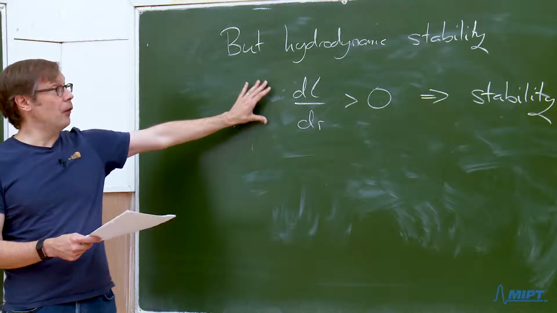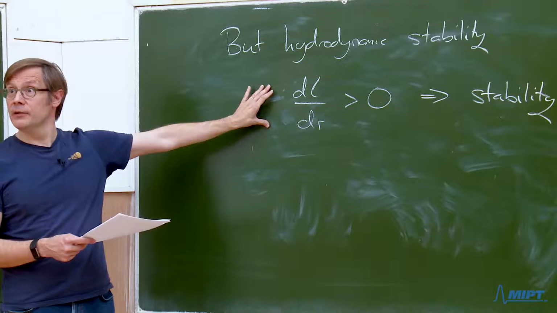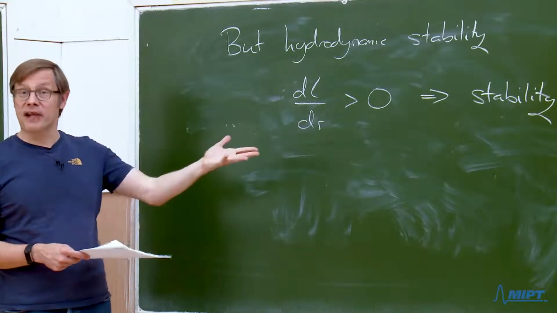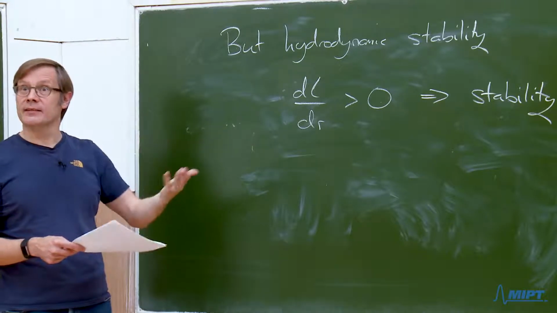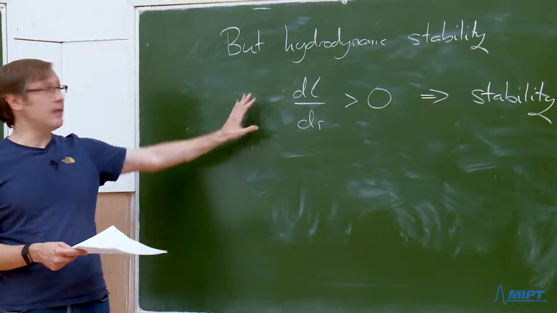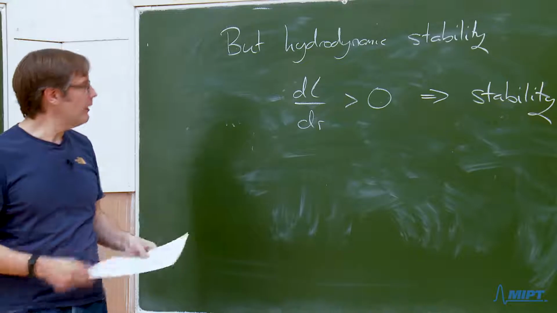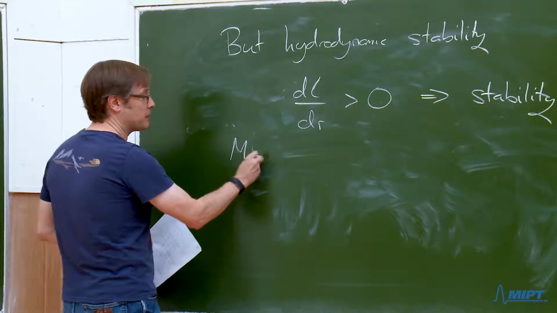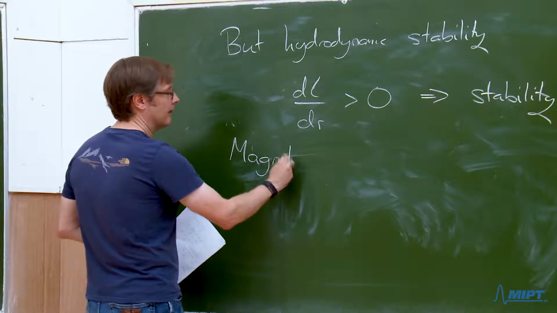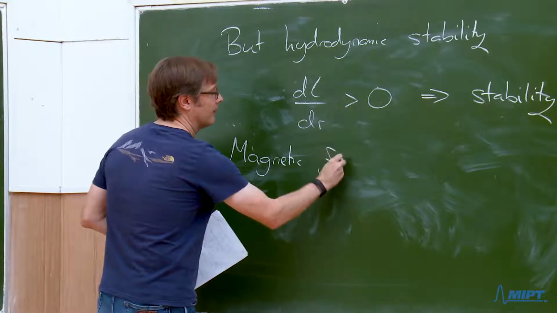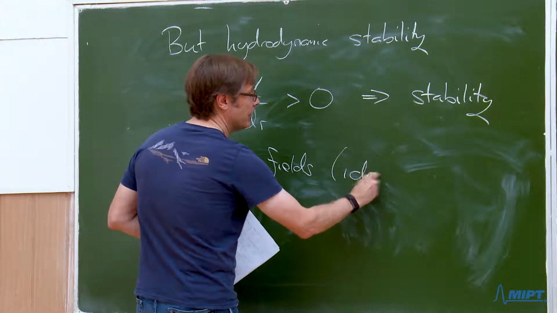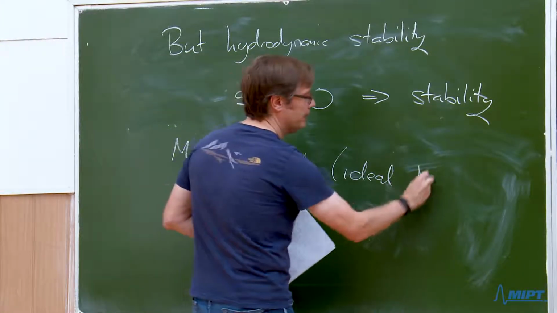So we don't have an obvious hydrodynamic route to, if you like, accessing the very large Reynolds number and producing some vigorous turbulence within the disk. Now things are changed if you have magnetic fields within the disk. And if you're in the regime of ideal MHD,